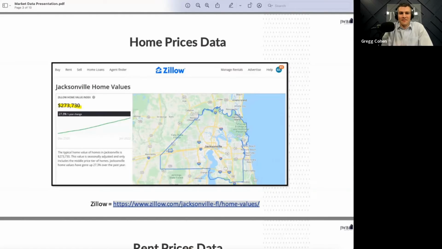The next thing that you mentioned was rent prices, right? This is another reason why you want the median incomes going up, so people can afford rising rents and we can continue to cash flow these properties. Where are you getting this rent price data from, GC? Yeah, the best source for rent price data that's free, accessible, and can be standardized is the US Census.